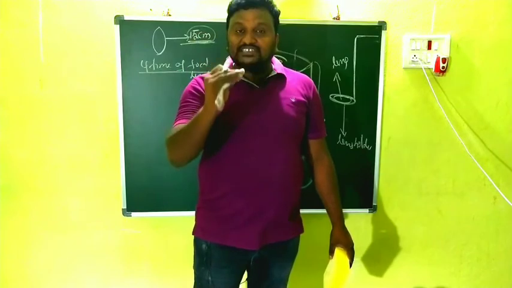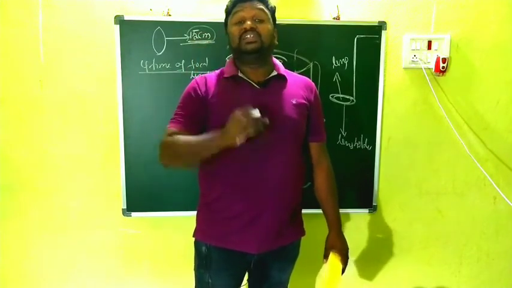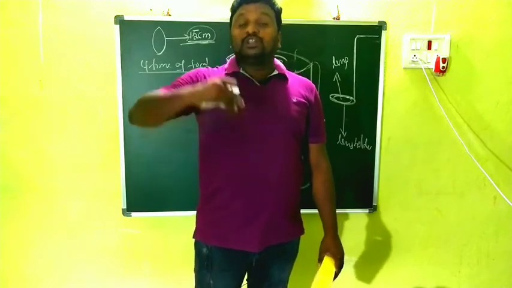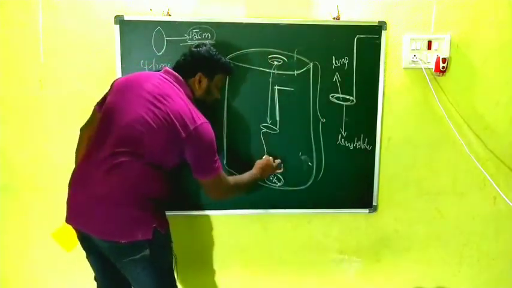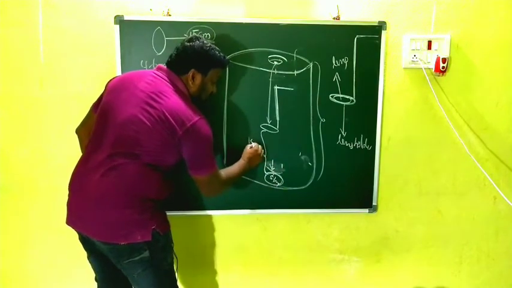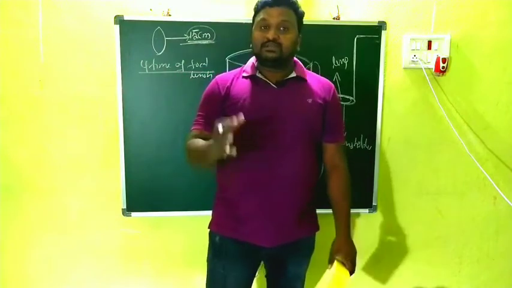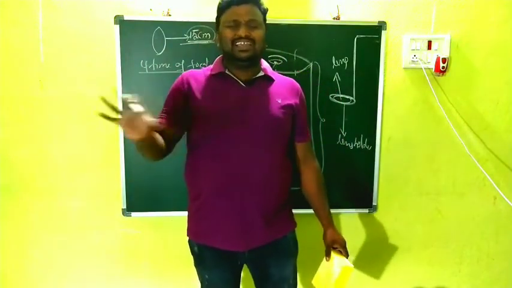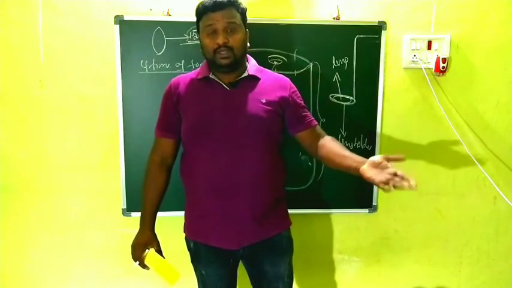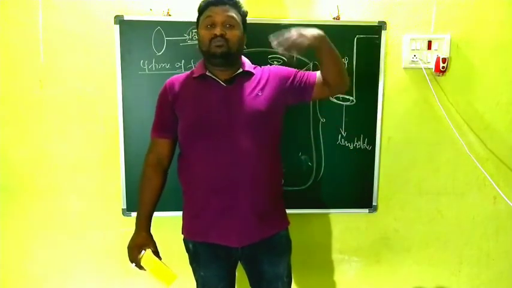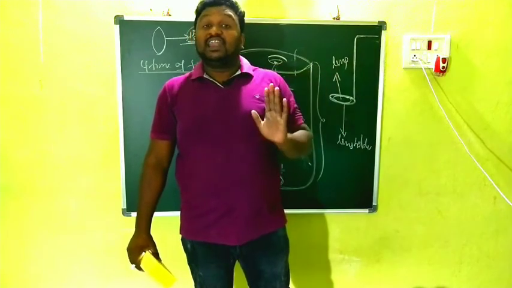Up to 15 centimeters only, he was able to see the stone very clearly through the lens. Above 15 centimeters, what is the distance here? The distance between the lens and the stone, if it is 15 centimeters, he was able to watch it very clearly, and up to 15 he is able to see. But after 15.5, 16, 17, 18, he is unable to see.